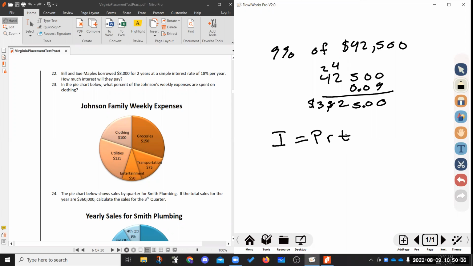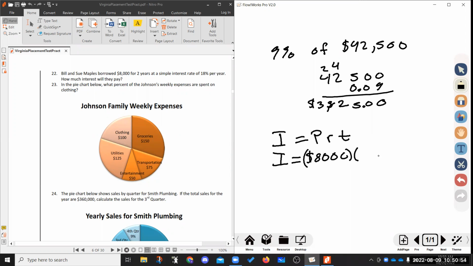If this is a monthly interest rate, T has to be in months. This was an annual interest rate. It says per year, so T has to be in years, which we have in the problem. Sometimes you have to do conversions. So I is equal to $8,000